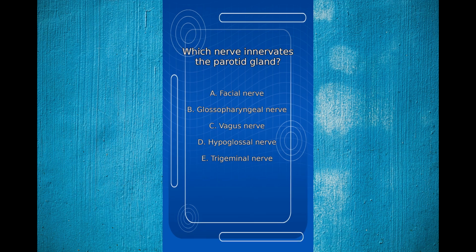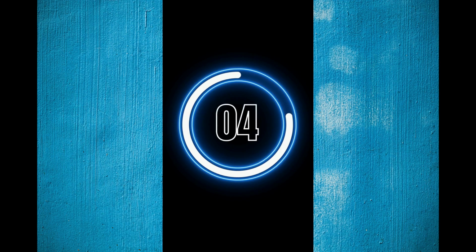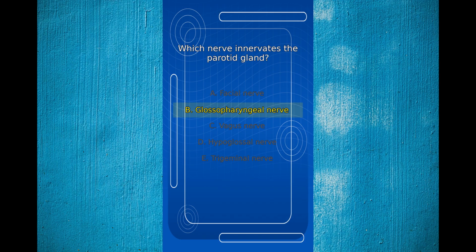Which nerve innervates the parotid gland? The correct answer is B. Glossopharyngeal nerve. The glossopharyngeal nerve, cranial nerve IX, provides parasympathetic innervation to the parotid gland via the otic ganglion. Which